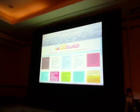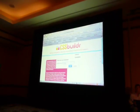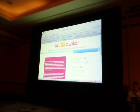So let me just show you what I mean. I'm going to pick this module right here, for example, and I'm just going to name it my module. And here we are. We got the module that we picked. We're presented to the right with a set of tools that lets us interact with our module and change the properties of it. So let's just go ahead and say we want to change the border to be something, I don't know,